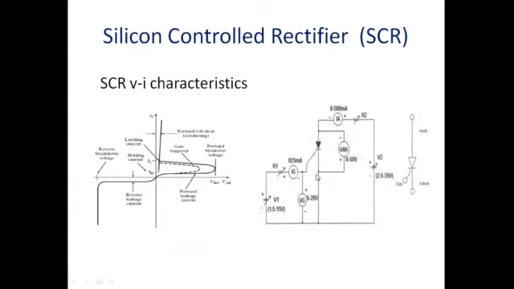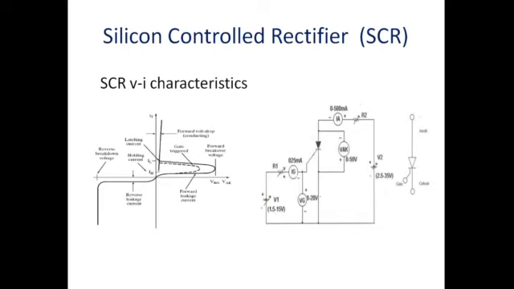Then we only need to consider this part: anode is connected to positive and cathode is connected to negative. The intention is to make the anode more positive than the cathode. To measure the voltage between anode and cathode, we have used one voltmeter, and to measure the current passing through the anode, we have used one ammeter. And this is a load resistance, which you can assume is very small. Okay, we'll do this experiment.